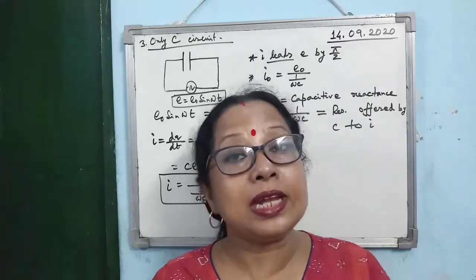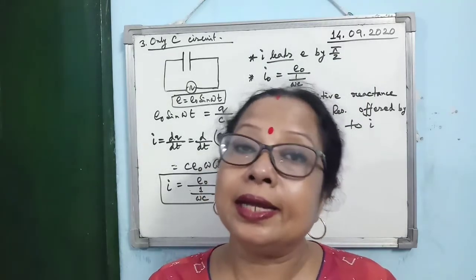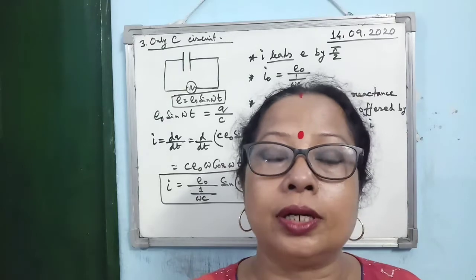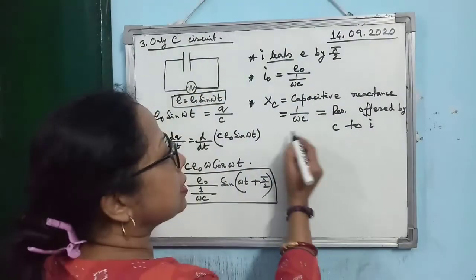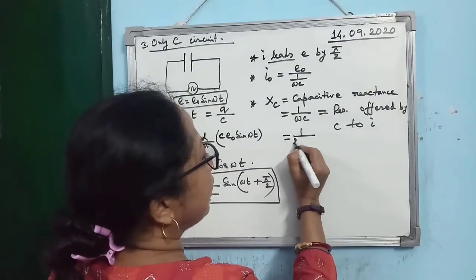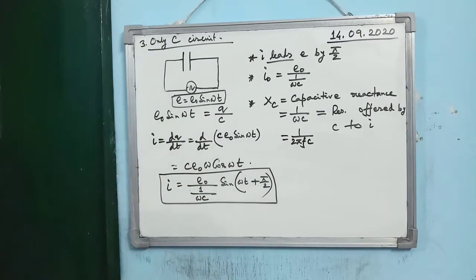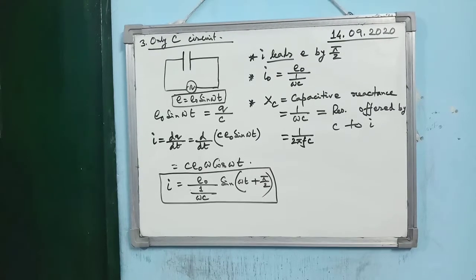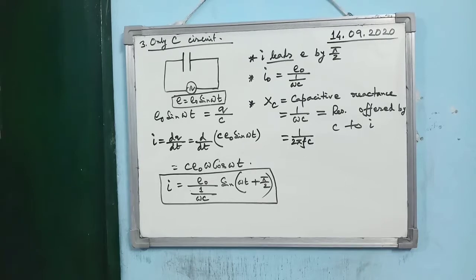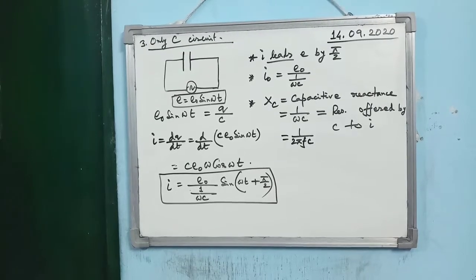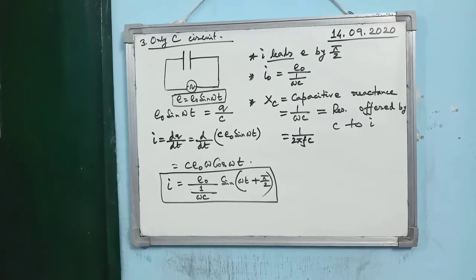And what is the meaning of capacitive reactance? It is the resistance offered by the capacitor to the current, and omega is 2 pi f, so one can write 1 by 2 pi fC also. Now we have to draw the phasor diagram and how E and I originally vary with omega t, that diagram also, as we did it for